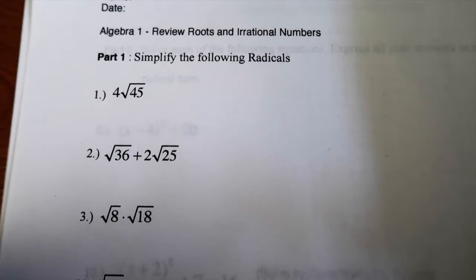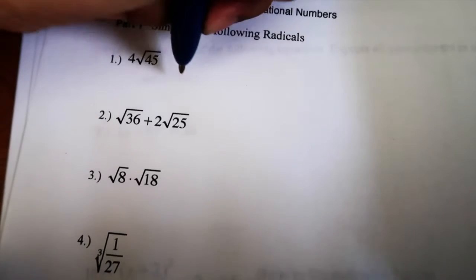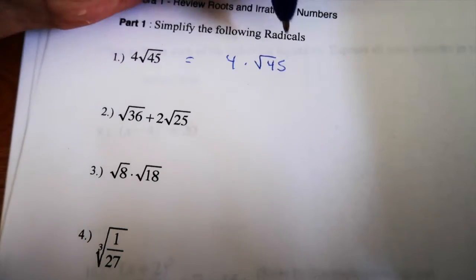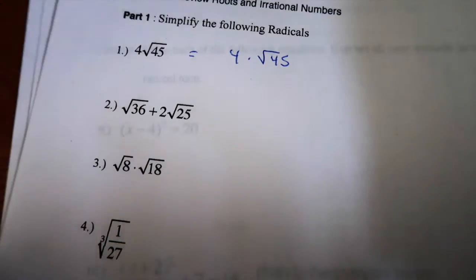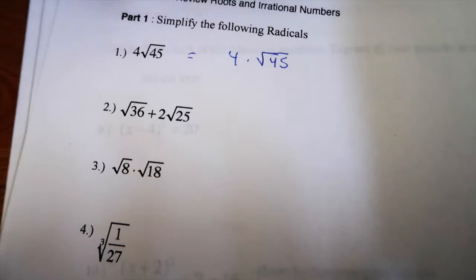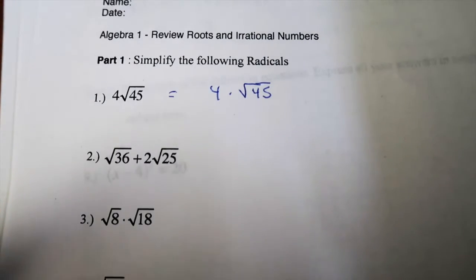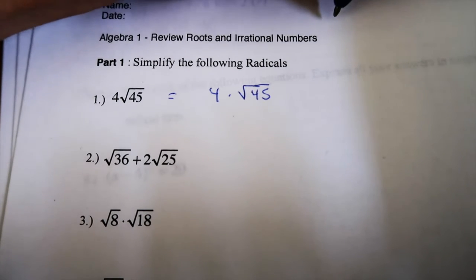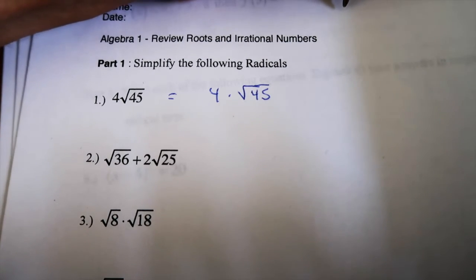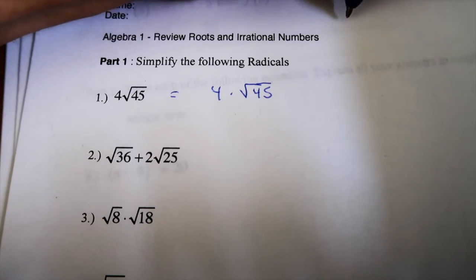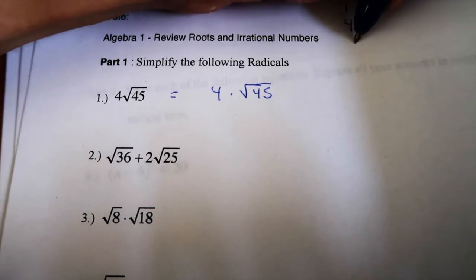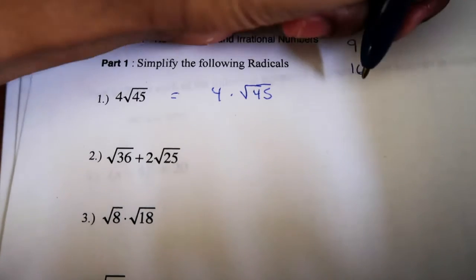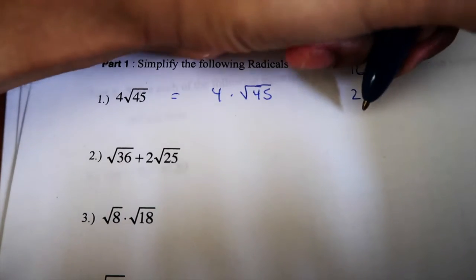We have 4 radical 45, which basically means 4 times radical 45. Now we want to simplify the radical, square root of 45. We want to pull out the greatest perfect square. So let's write our perfect squares. We have 1 squared equals 1, 2 squared 4, 3 squared 9, 4 squared 16, 5 squared 25, 6 squared